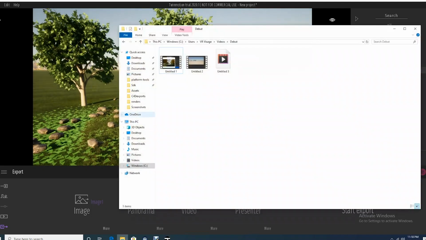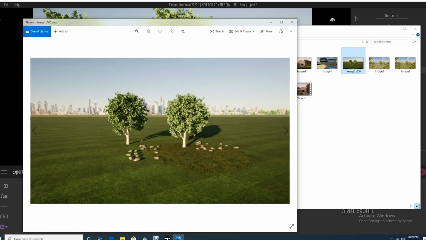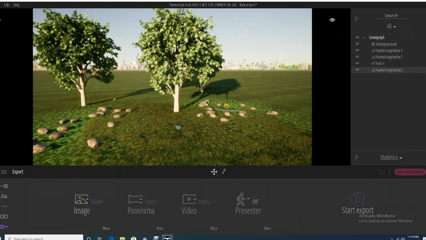So if we look at what we get, just so you guys see the difference between the final and the render viewer that I was looking through, you can see all those green dots are gone, and we have a pretty photoreal image just with a couple of clicks. So just to help you get started, those are some of the basics. You can do a whole lot more,